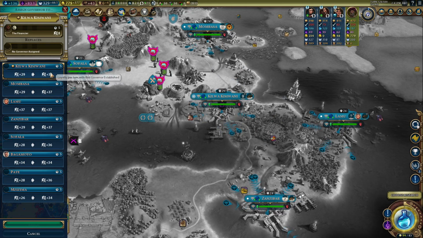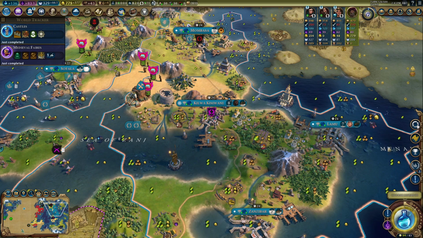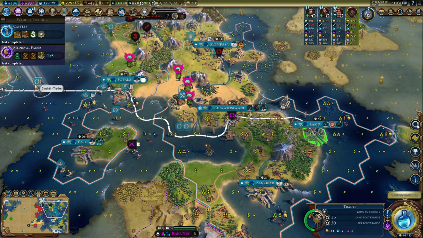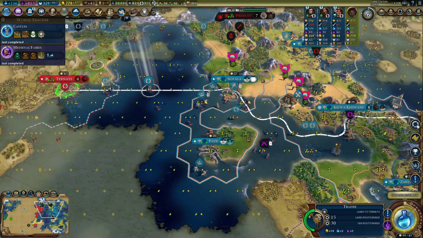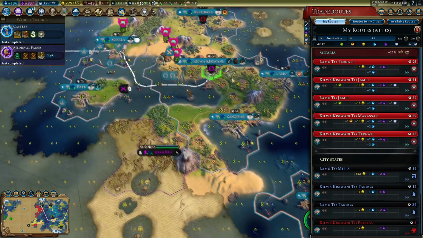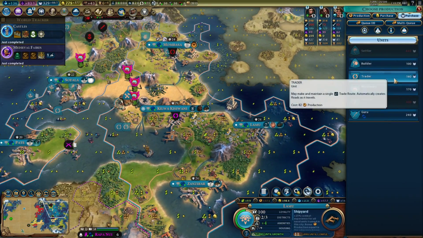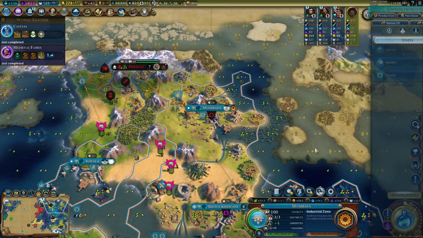All traders will naturally go through here, so if I put Reina in this city, you'll notice that my trade route from Lamu already goes through, as does this one. So in theory, that's 6 gold per turn, and I suspect there may be more eventually. I'll keep an eye out to see if that particular strategy pays off, but it's something a little bit different,